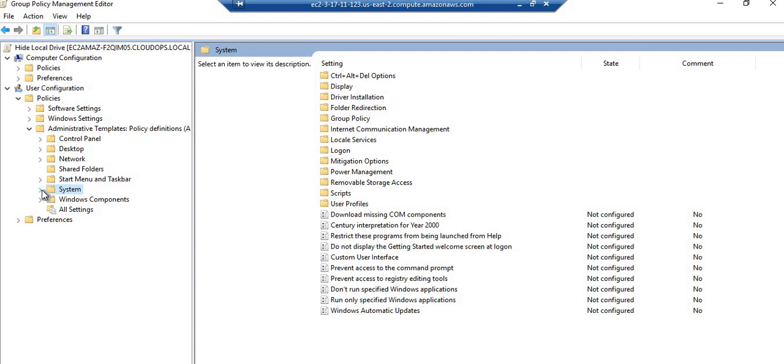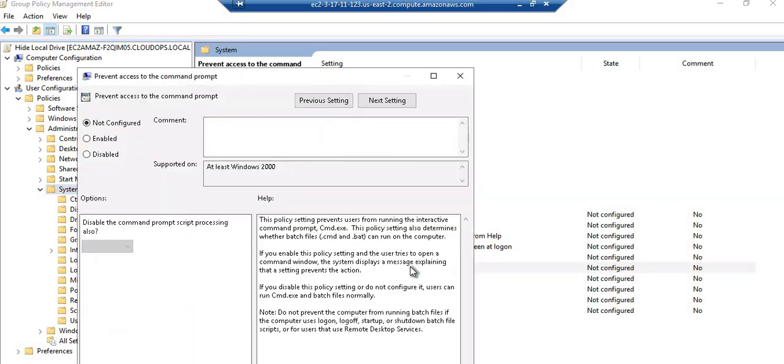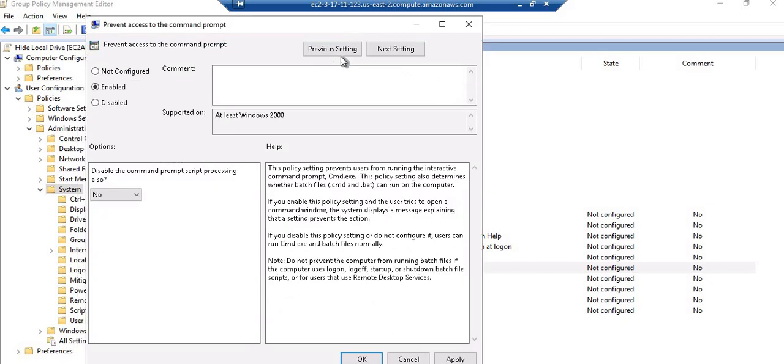In System, you can see here: prevent access to the command prompt. The policy is not configured. Just double click, enable. There is also the option to disable command prompt scripting. I don't want to disable commands from my scripts, but I want this to be disabled for end users.